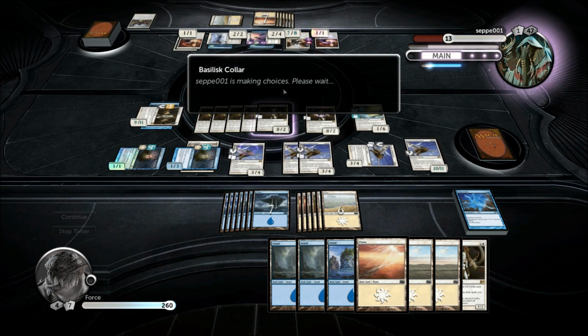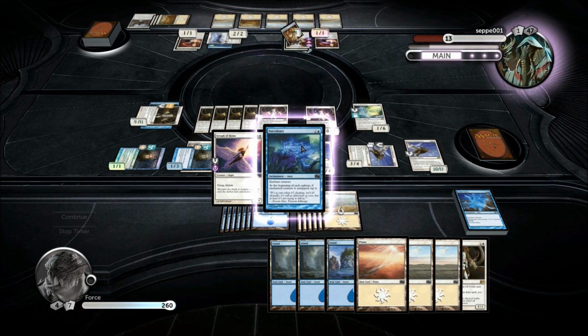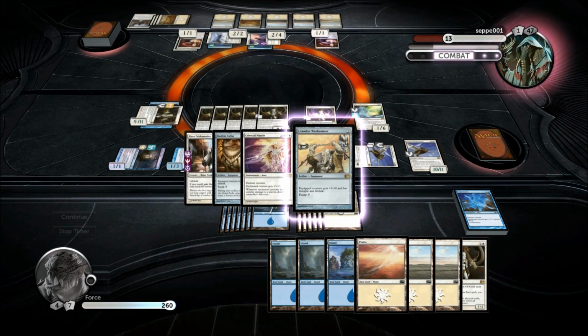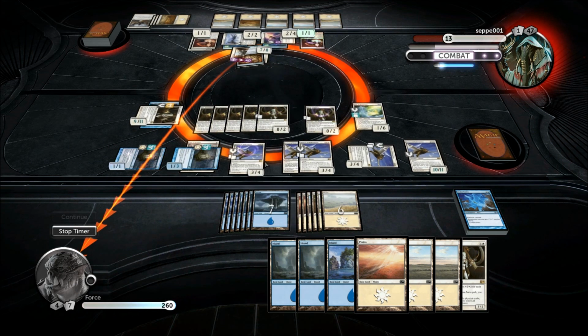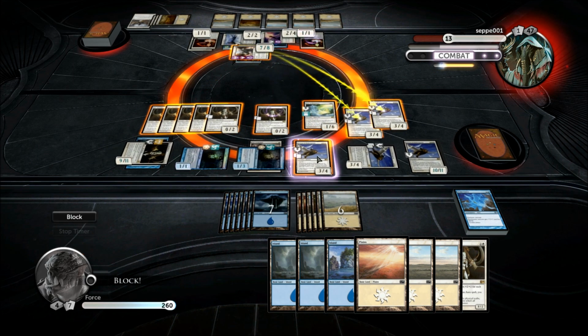He's making choices for what? He is moving one of his enchantments. He is moving the Death Touch over. Does it pump it up too, though? I think it just gives it Death Touch, which he was going to kill my creatures that I blocked with anyways. So, great. 3, unless he's got a...